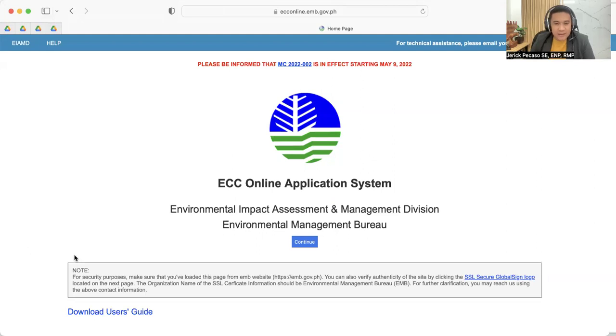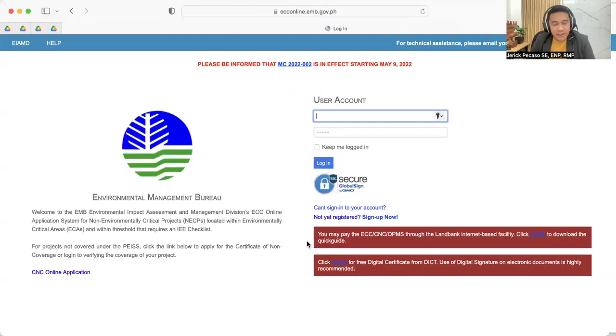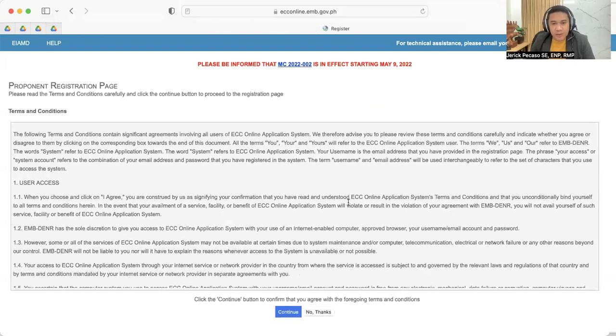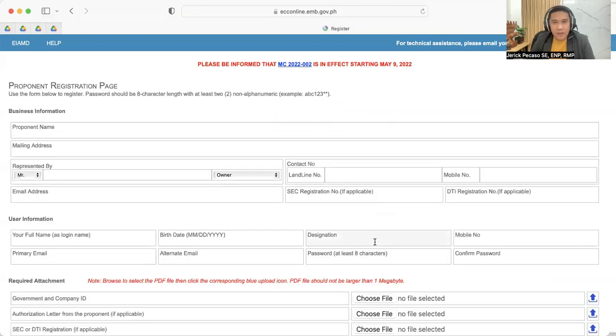Next is the creation of an account, to register an account for our application of ECC. So we have here the proponent registration page, and you need to complete this.